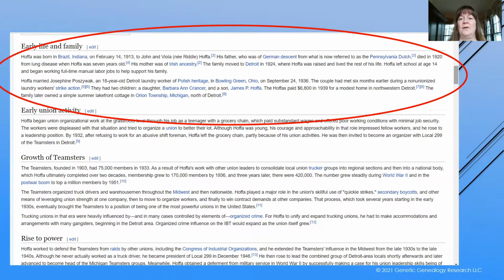It tells us that his father was of Pennsylvania Dutch descent. It just tells us that his father died in 1920 when Jimmy Hoffa was only 7 years old. His mother was of Irish ancestry. The family moved to Detroit in 1924. So this gives us a lot of really great basic information for starting the research that we're going to do